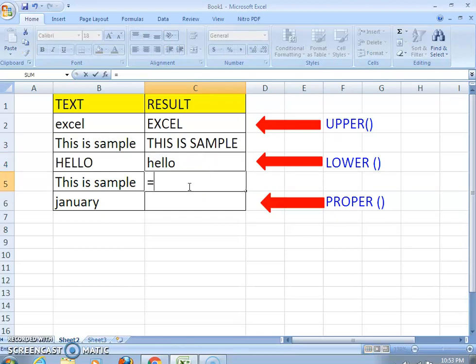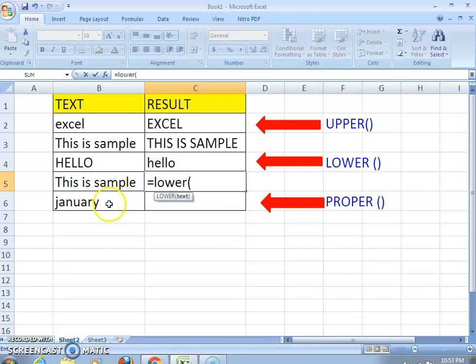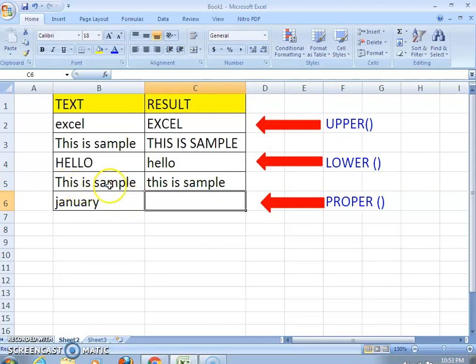Take another, lower, pass the string and see the results. See here, this is written over here, and in the result you can see this is in the small case. The T which is written over here is in capital, and the T written here is in small. It means the T is converted due to the use of the lower function. The rest of the characters are already small, so they are displayed as they are.